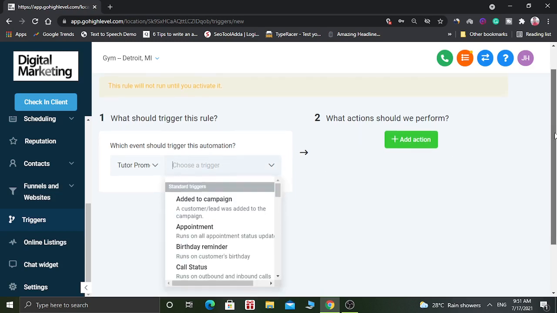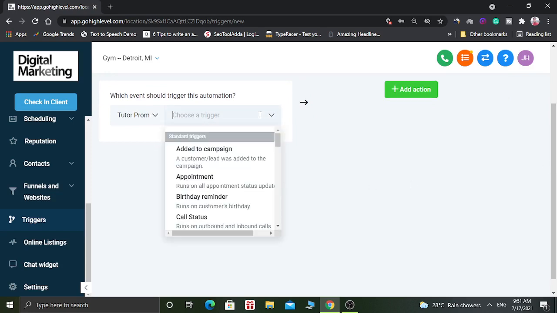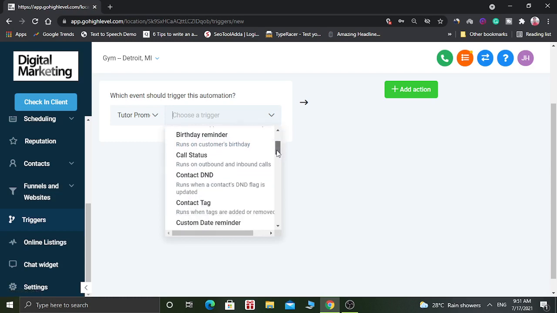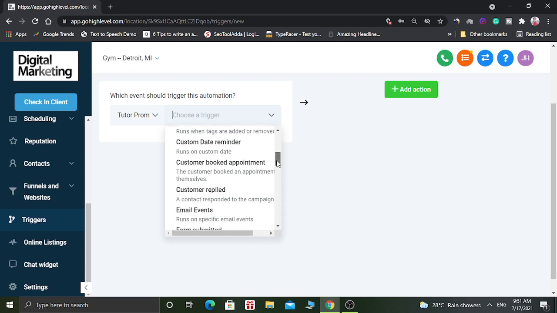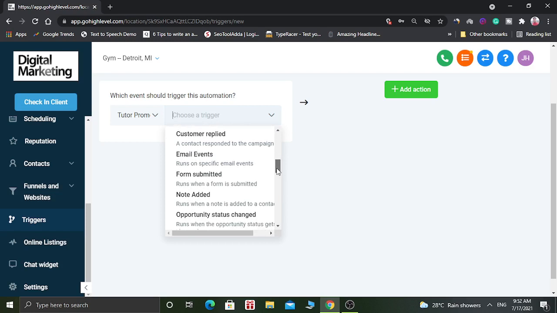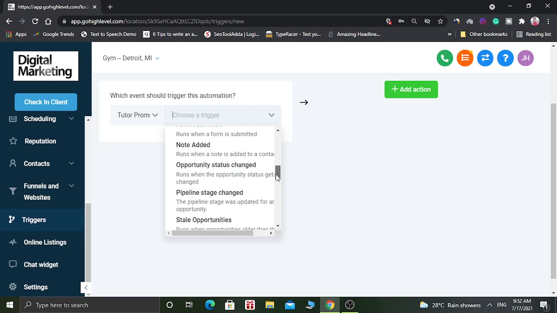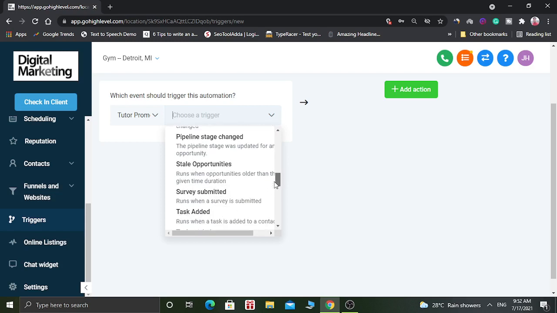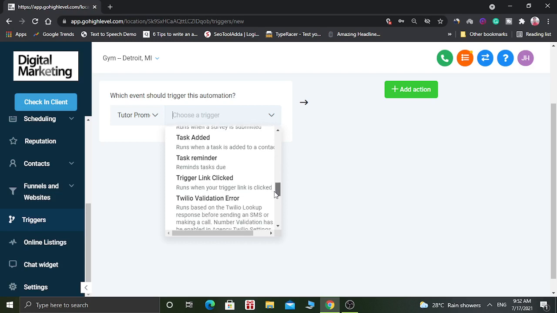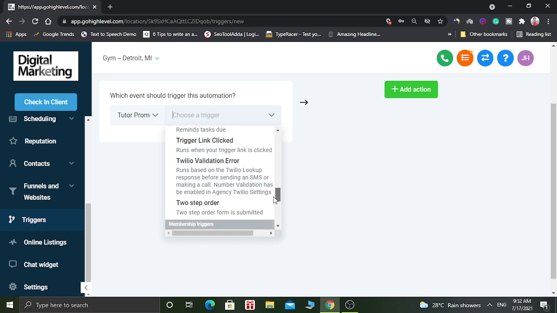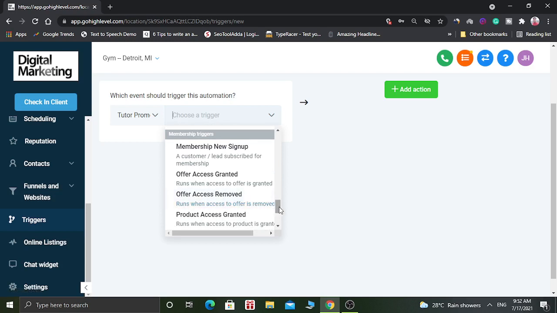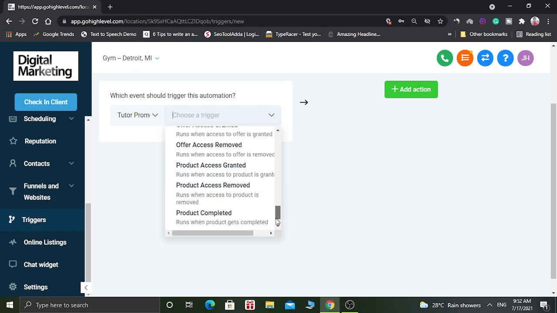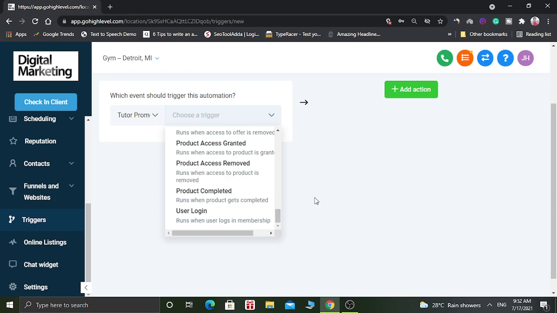So here a lot of triggers are available, such as added to a campaign, appointment, birthday reminder, call status, contact DND, contact tag, custom date reminder, customer replied, email events, form submitted, note added, opportunity status changed, pipeline stage changed, stale opportunities, survey submitted, task added, task reminder, trigger link clicked, Twilio validation error, two-step form, membership new sign up, offer access granted, offer access removed, product access granted, product access removed, product completed, user login. So these are the options which you can use.